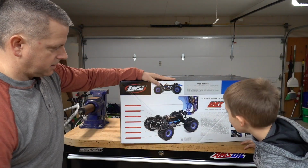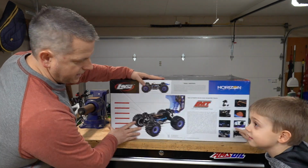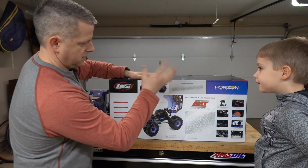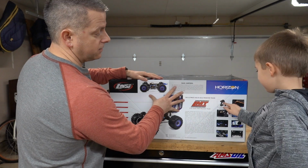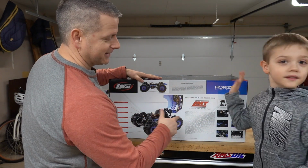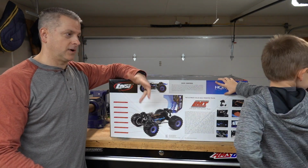We have a hinge style body. I don't know exactly how the pins and stuff on this one work. And it's got lights, which we are approaching about 4 o'clock our time here, so we've got about another hour of daylight. Look at that controller. I've already charged the batteries. So we need to get this thing out, dump some batteries in it, and then we need to try to